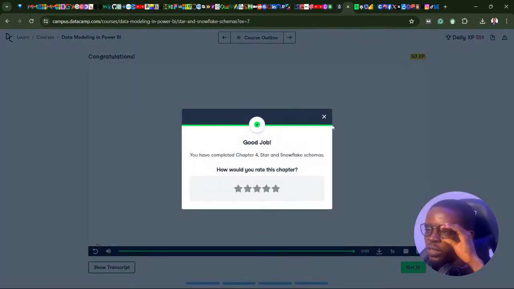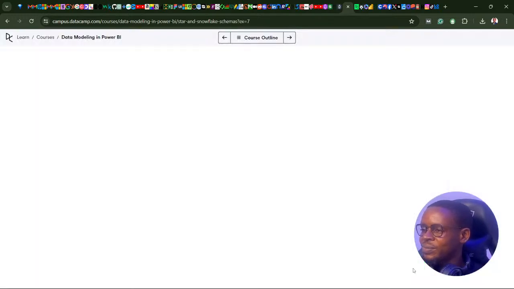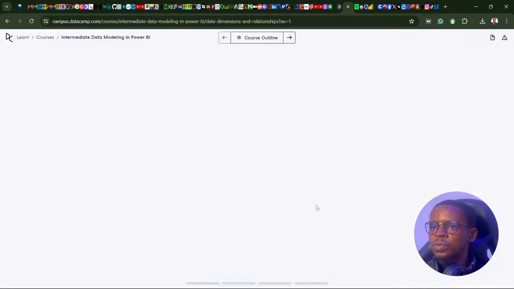All right, thank you. I think I'll probably just be sticking to my star schema data modeling. Snowflake schema is kind of a little bit complicated, but you have to try over and over again, then it starts making sense. So the next course should be, let's see,